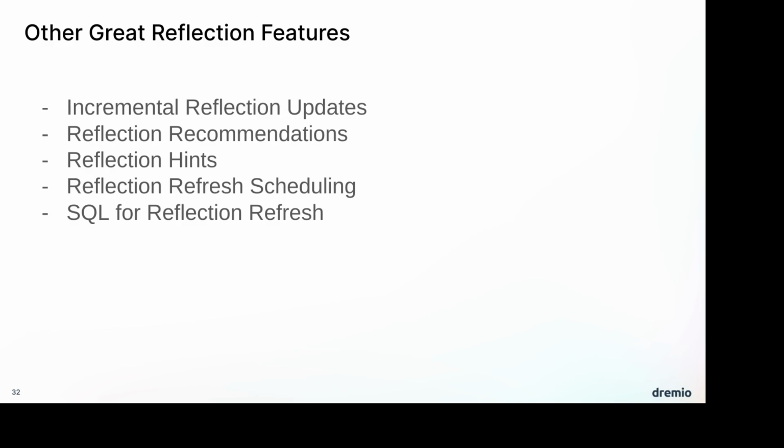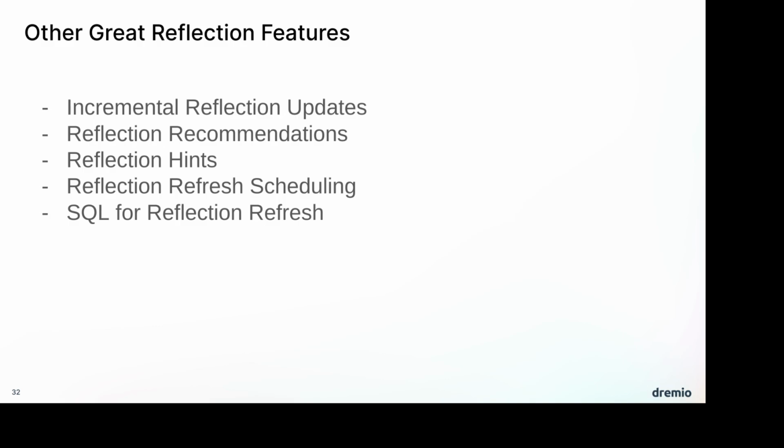So now in a Dremio cluster, it'll actually monitor the type of queries that are coming in and give you recommendations on what specific reflections will actually save you money and improve your performance, and also identify which ones you need to remove, which ones aren't helping you, saying, hey, you can remove these reflections, and you can purge that data and save yourself that storage because you don't need those reflections. They're not helping you with the queries that are coming in. So the reflection recommender really can help you manage your reflections, so that way you just let the Dremio platform tell you what needs to be done, and it'll give you the SQL to actually put it into action.